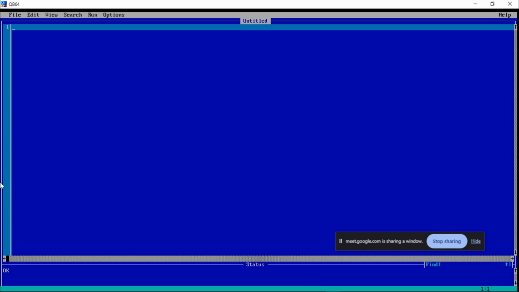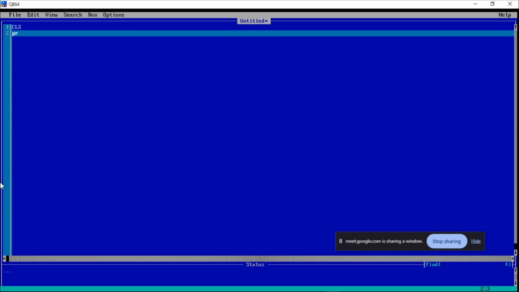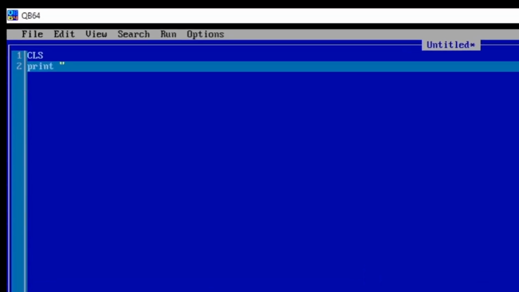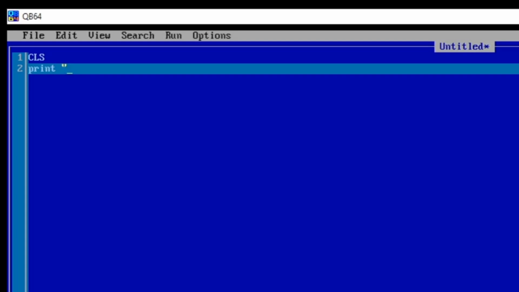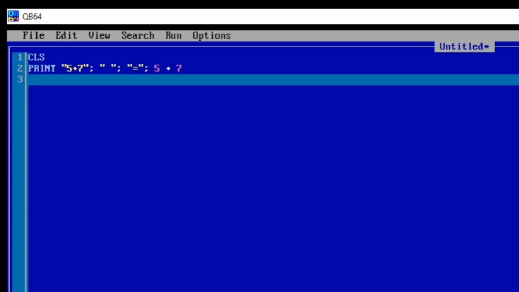To do that, I'll say CLS, which is very advisable, and I'll say print, and then open quote, and bring the first question, which is going to be 5 plus 7, put it in quotes, space, bring my semicolon, then bring my space again, my quotes, and then bring my semicolon again, and bring quotes again, and bring equal to, close my quotes, and bring my semicolon. Then I'll bring the question, which is 5 plus 7. I'll press enter. Now go ahead and say print again